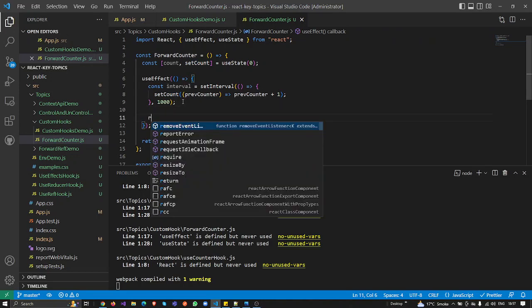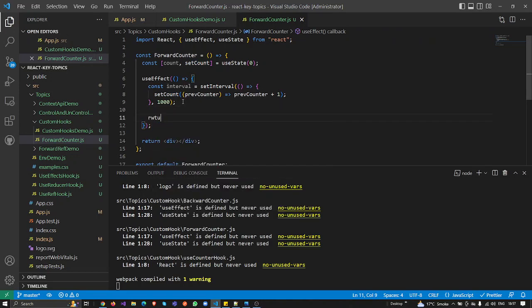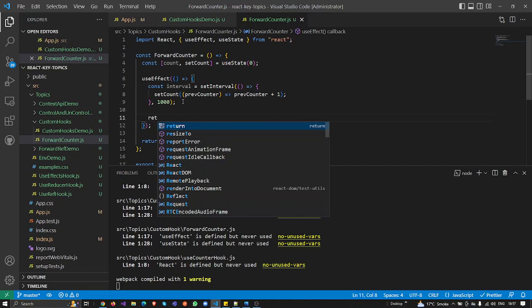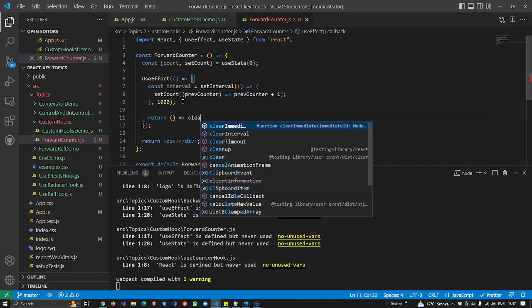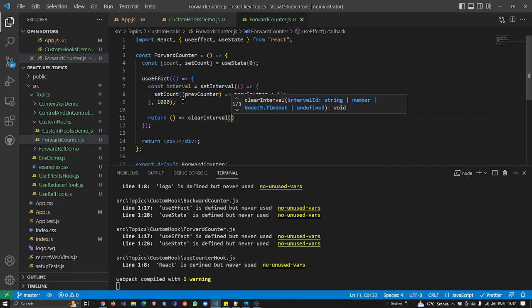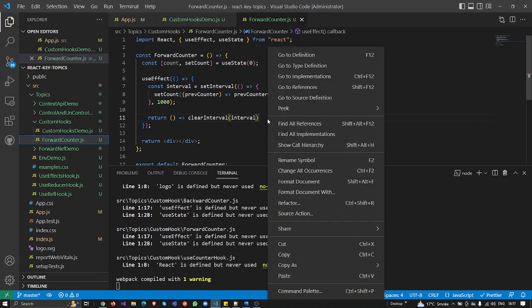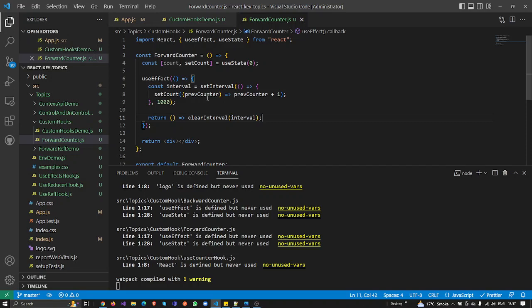We have also learned about cleanup in useEffect. We also discussed the cleanup functions. So after completing this, I need to clear all this. I'm going to say clearInterval, and I'm going to pass the interval here, the one with this value, right, guys? Cool. So what will happen in this code is that after every 1 second it is going to increment the value